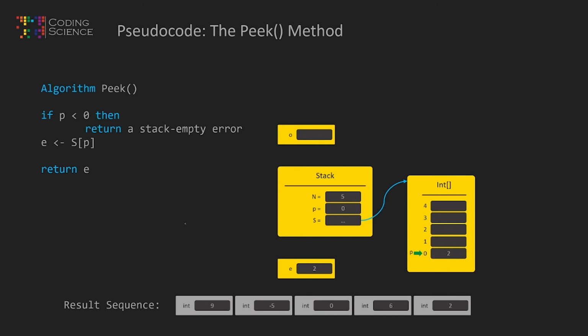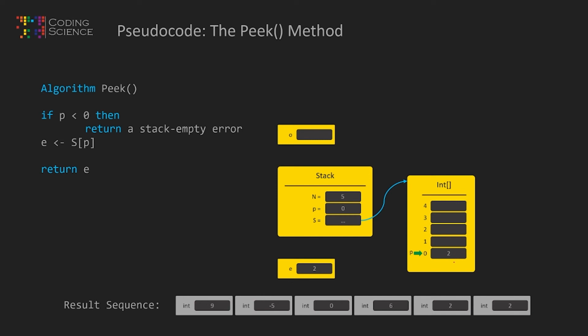So if we do it again, we get the same result, and we get a second number 2 here. So our sequence simply has two number 2s, one after the other. That's the main difference with the peek function compared to the pop function. It retrieves a number. It gives you the number without